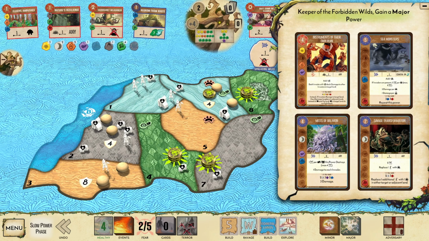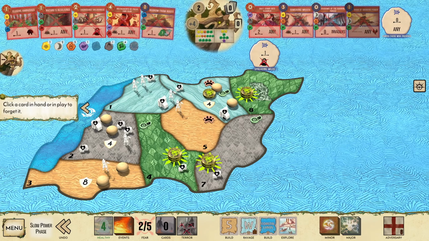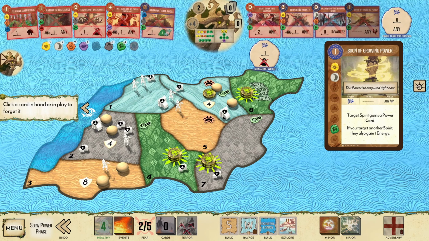And we can repeat it. We need 3 animal to repeat it. Maybe we can threshold it, but can we threshold instruments easier? I think I might want to pick instruments here just because it's a easier threshold for us, and that means that we can just use the damage in the ravaging lands. So instruments it is, and the card I'm going to forget is actually Boon of...